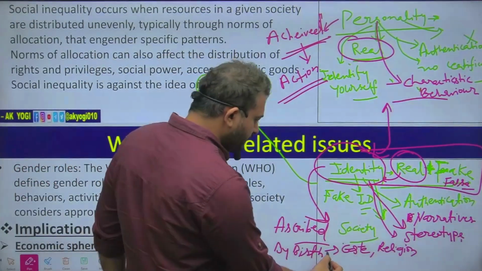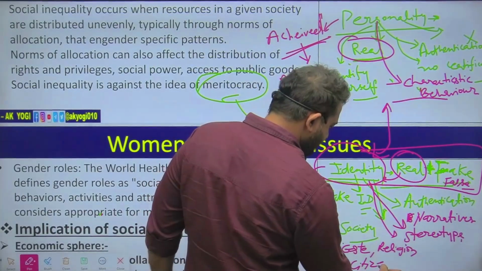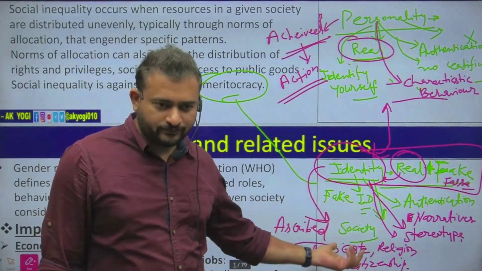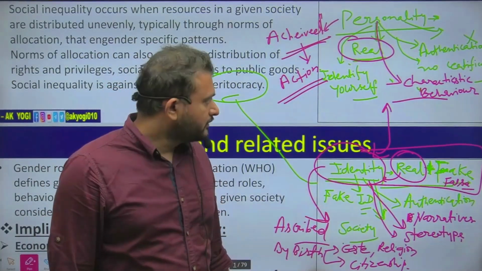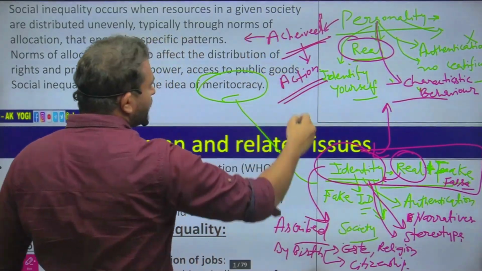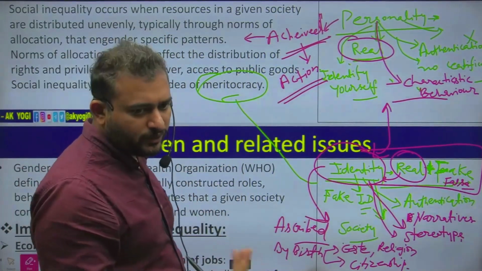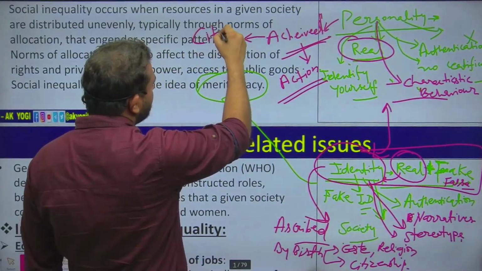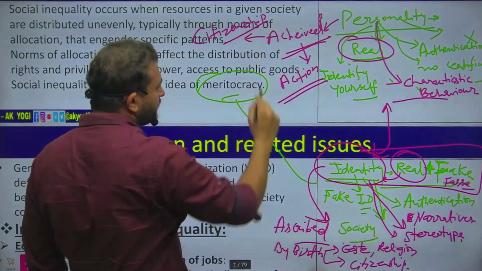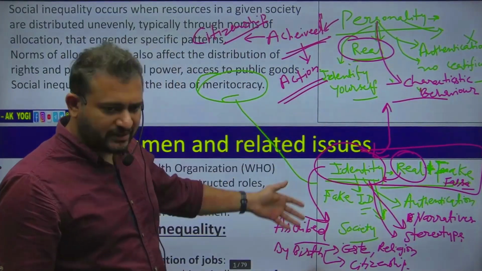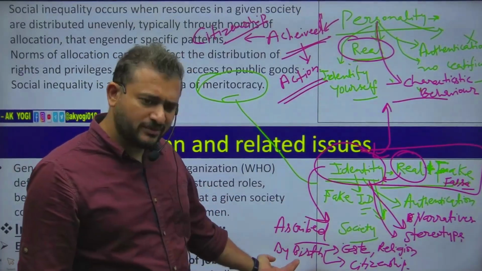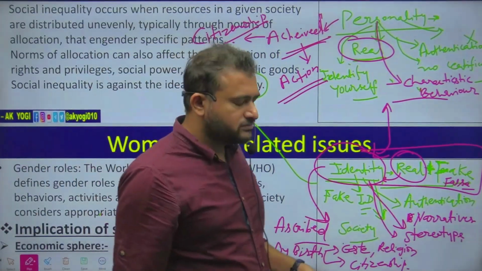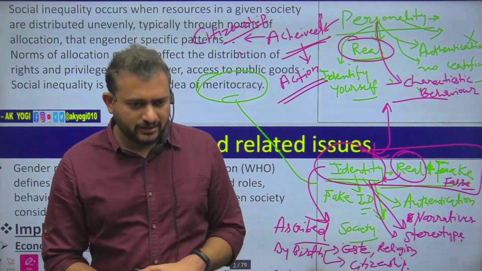In India, by birth you also get citizenship. That political identity also comes through birth only. Personality is something that is achieved, like if someone who is well off economically or politically applies for citizenship, then he or she will get citizenship. So in India there are both procedures: you can get citizenship by birth, and you can also get citizenship by achievement. You will study this particular thing in detail in the polity class. Okay,